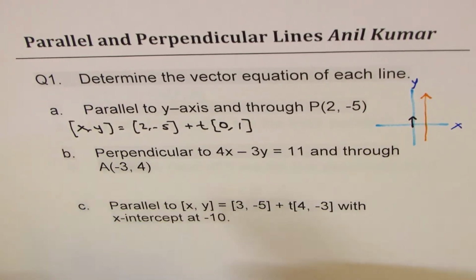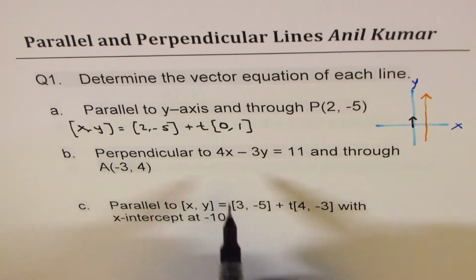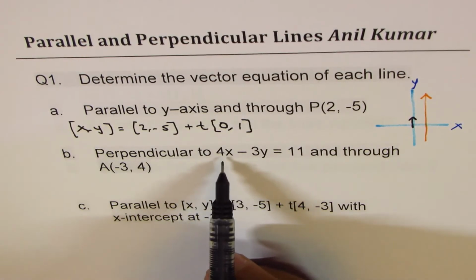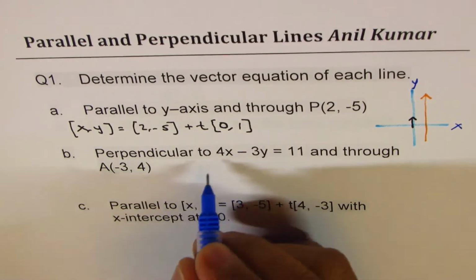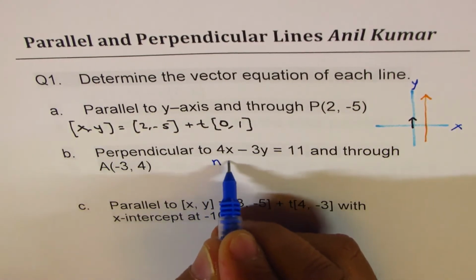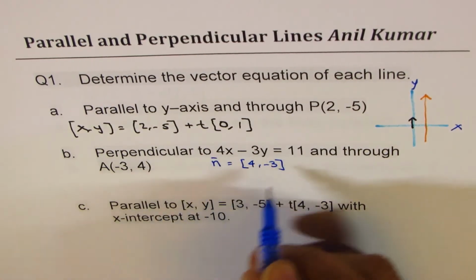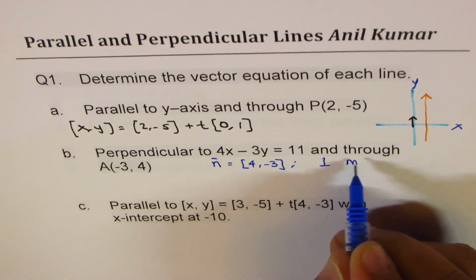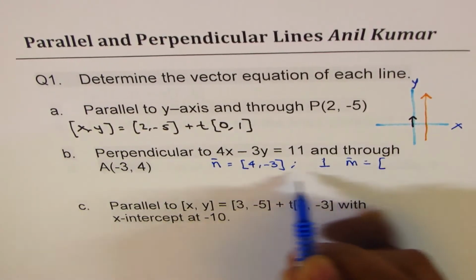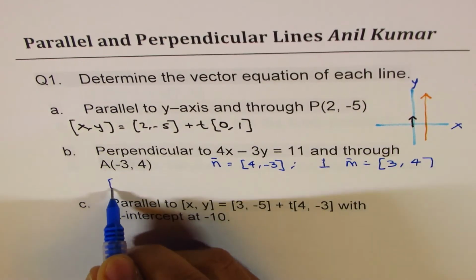Okay. B. Perpendicular to the given line and through this point. Now here we are given the equation in Cartesian form, right? So from this we know the normal is what? Normal is 4, -3, right? And therefore the perpendicular direction will be what? We'll flip this, change one of the signs. It becomes 3, 4. And therefore the equation will be